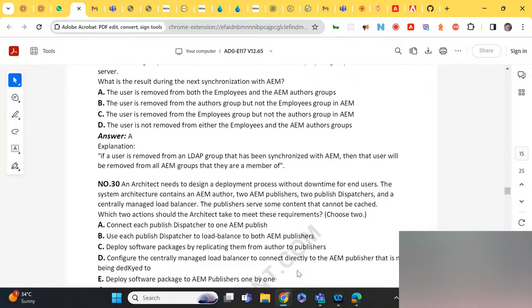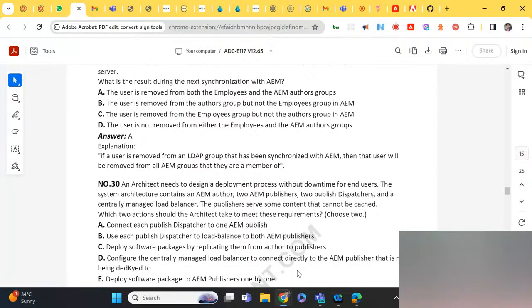So suppose while deploying, we make one publisher go down. If we keep each publish dispatcher load balancing to both publishers, and any one dispatcher sends a request to the non-working publisher, it will be down for them. Suppose a request came, and in one dispatcher we have configured two publishers as renderers, and one of the publishers is down because we are doing a deployment.